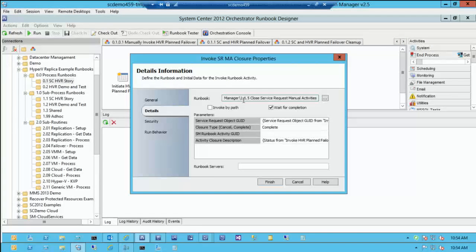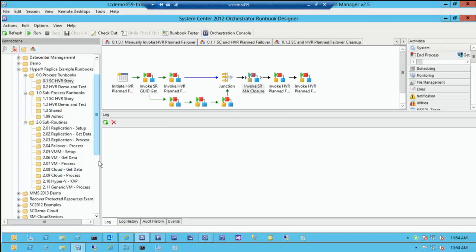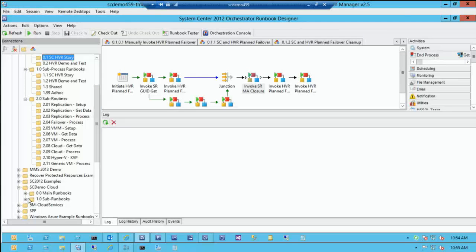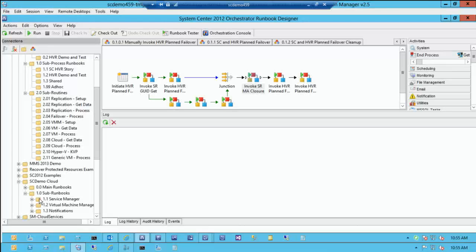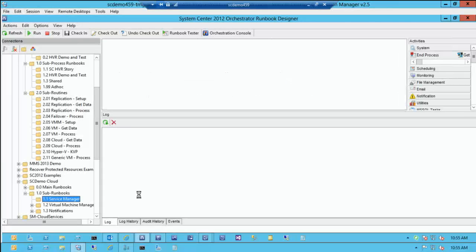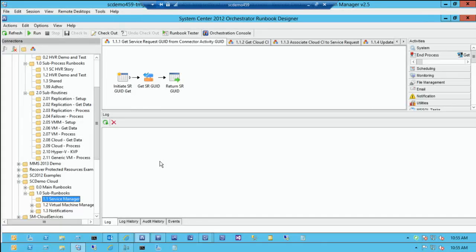Fine, I'll look at the whole path. Subrunbooks 1.1 Service Manager. I guess I didn't see that. Oh, I was too clever for my own good. I actually leveraged pre-existing runbooks that I did for another project because I didn't want to recreate them. Great. So I created a set of Service Manager runbooks for a different project, and I leveraged them in this